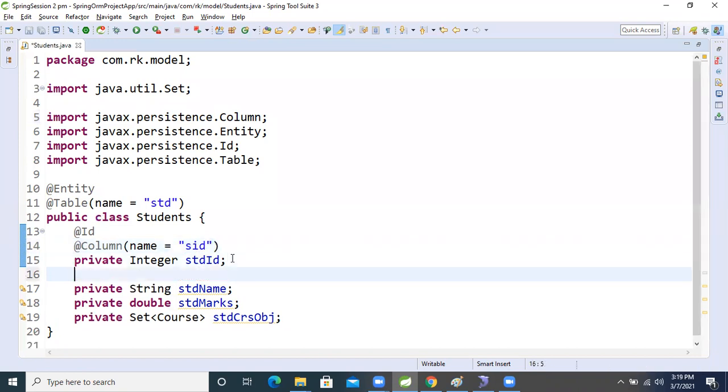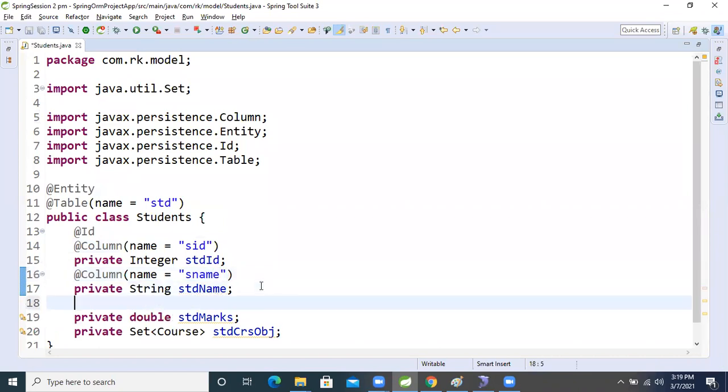After that, @Column again, inside that name equal to sname, I want my name only. Next, @Column, name equal to smarks. Okay.